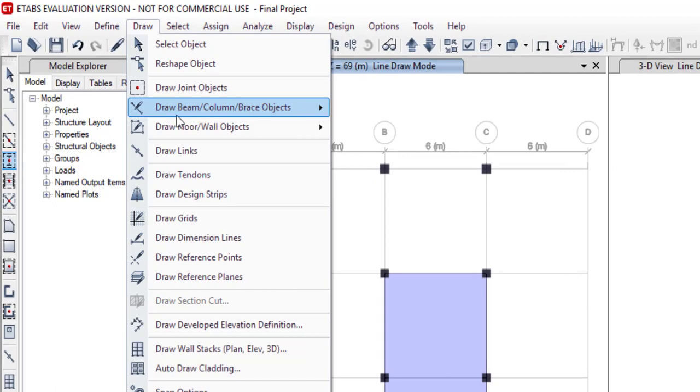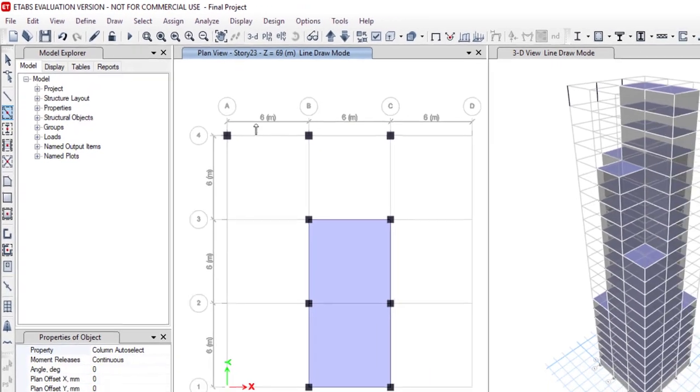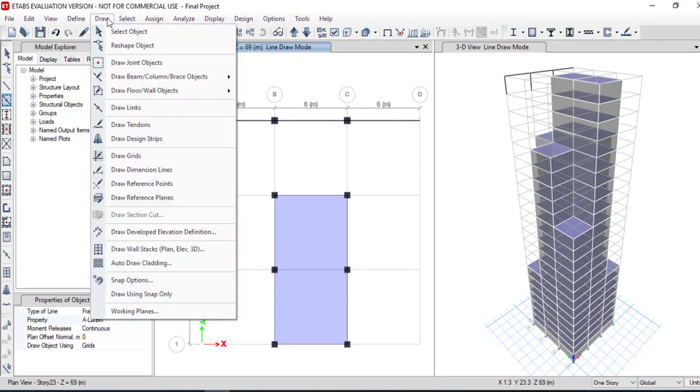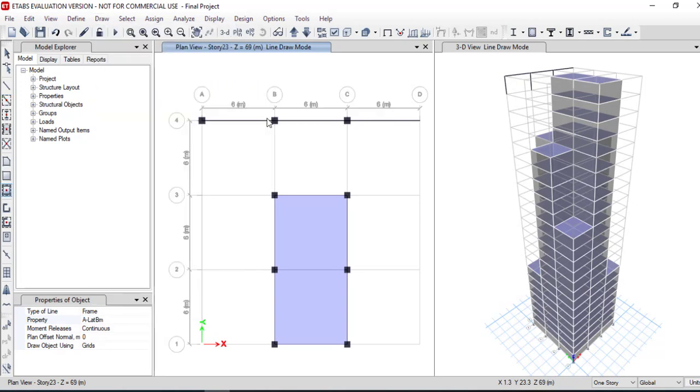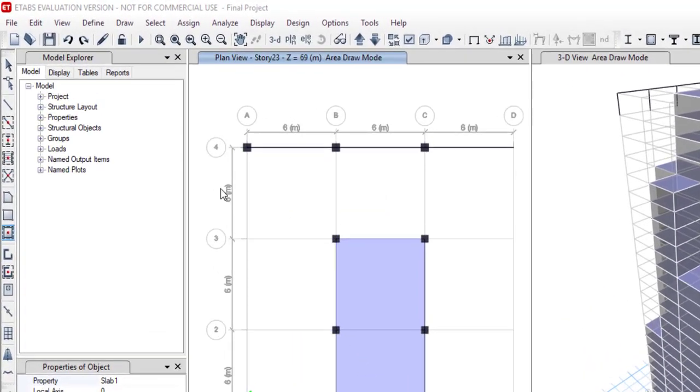Similarly, we will go to the draw menu, and here we will select draw beam. Now you can see that a beam is drawn along the grid. Similarly, you can draw a slab by going where you can draw your wall. After drawing the beams, columns and slabs and preparing the model of the building, we will go to the assign